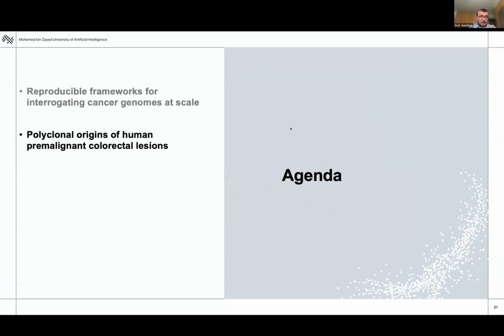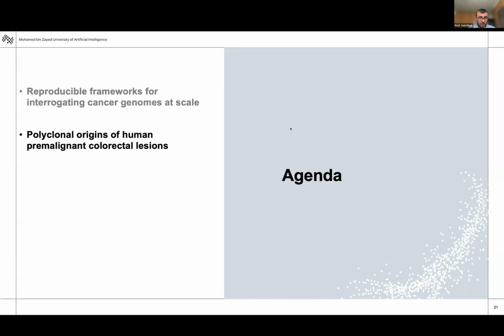Okay, so this was just the very high-level walk-through of a couple of studies that came out by using this framework, or the platform that we built. And this platform, of course, is now in production here at MBZUAI for my lab to use and to process local genomic data at scale and do meaningful